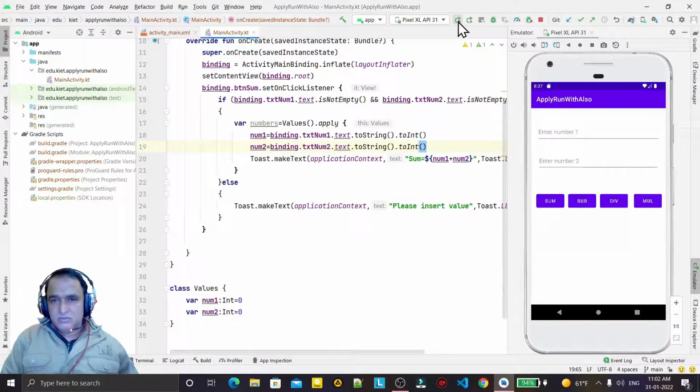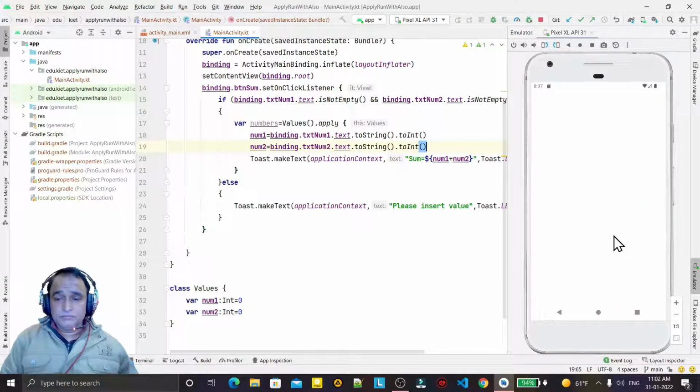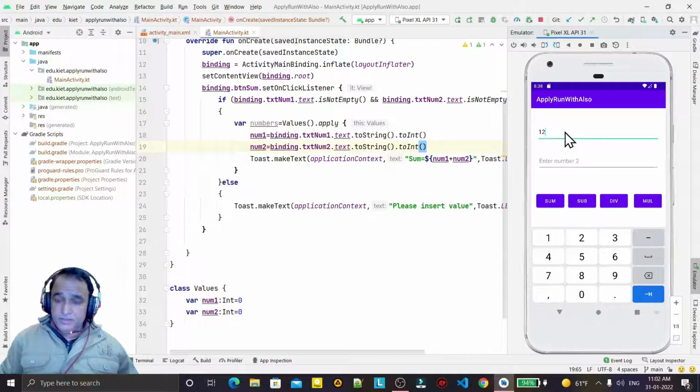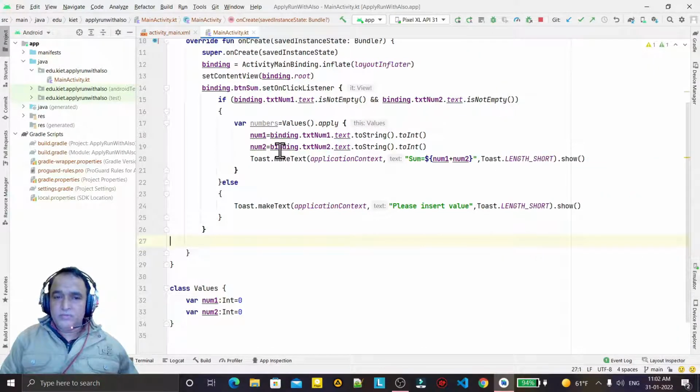If I run and execute it, you will see the example. If I enter a number here, I say 12 and 12, and I click on sum, we have a sum equal to 24. Perfectly working. One operation performed with the help of apply.